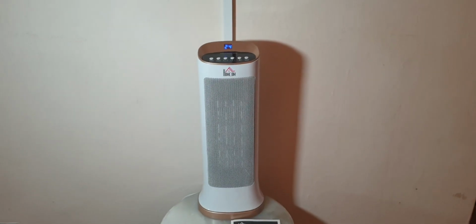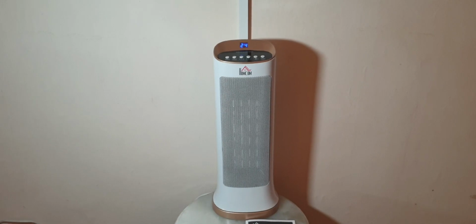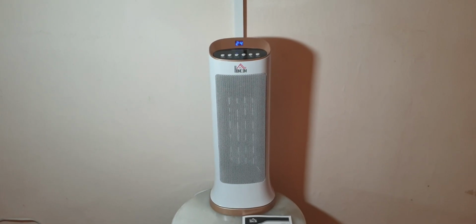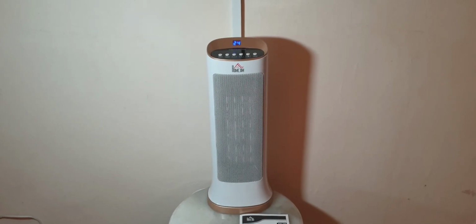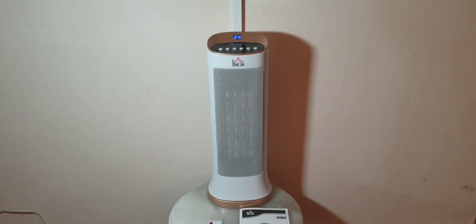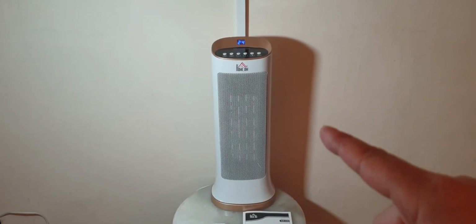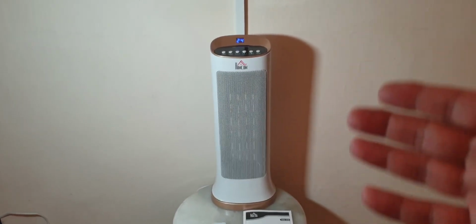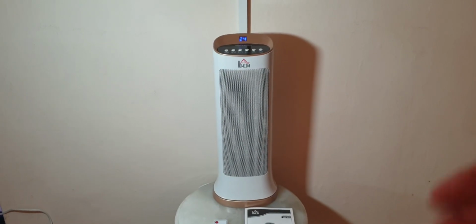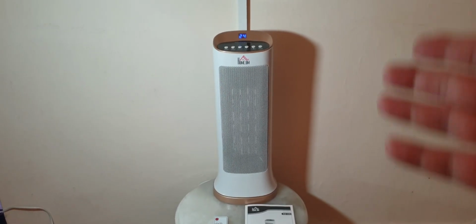Hello everyone, this is a video about this electric heater, which is a ceramic one. The reason I chose this one over the other ones is because it is quieter than the others, and is ceramic as well as better looking, but this one is rather too large, like a tower,